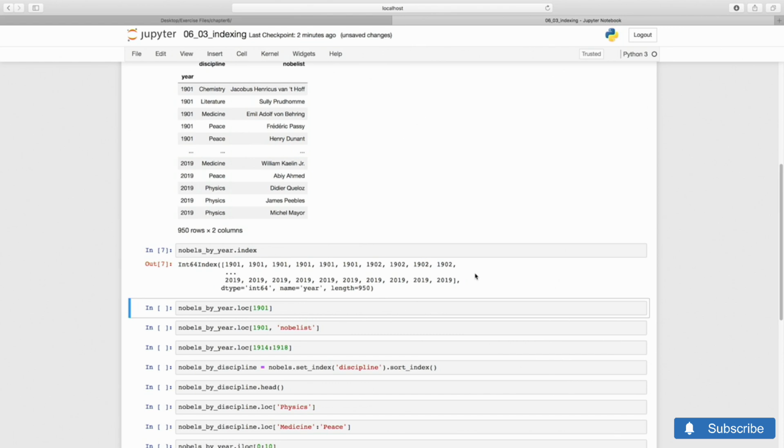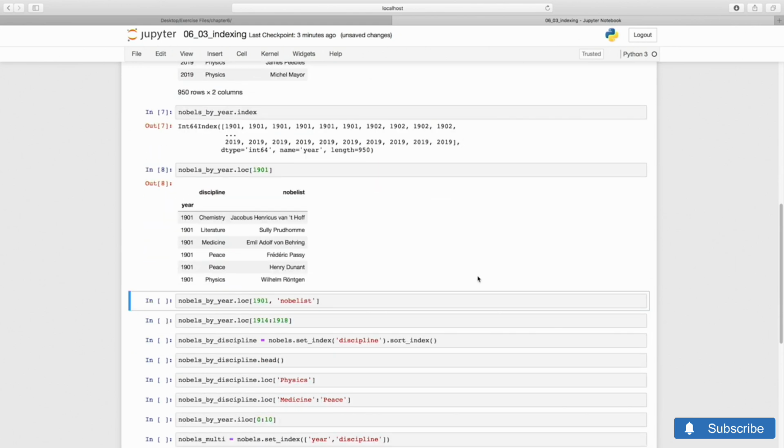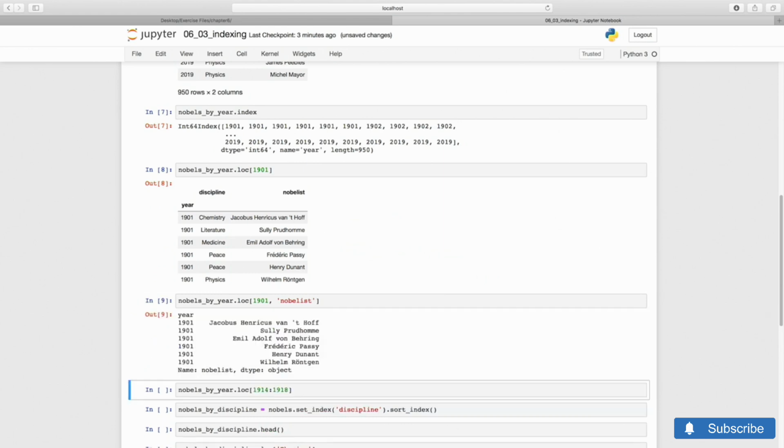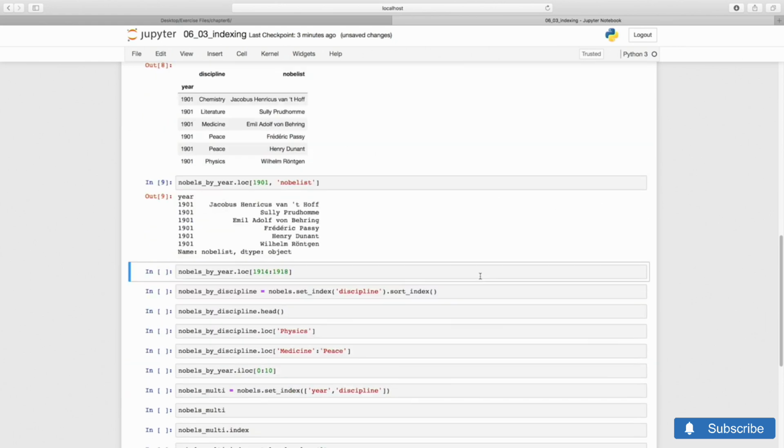And here things get a bit complicated. There are several ways to do indexing and slicing in Pandas, some equivalent to each other, some not. I'm going to show you the 2 interfaces that I think are the least confusing. To select all records for a given index, we use .loc, followed by brackets, not parentheses, with the index value. For instance, 1901. We can also add a column name, just as if we were selecting a cell in a NumPy array. The result is a series.